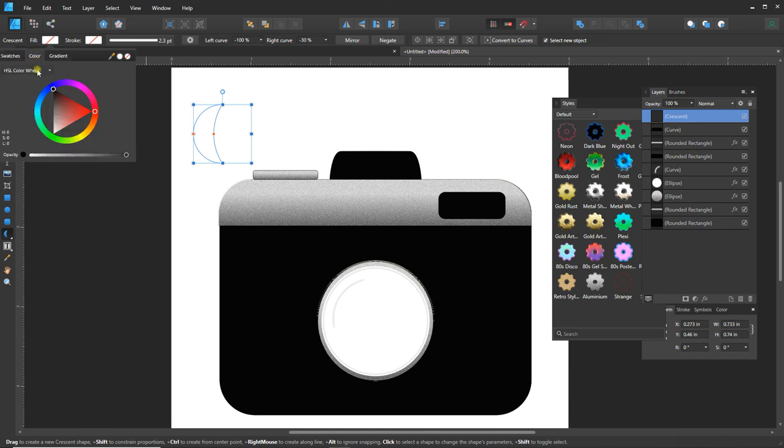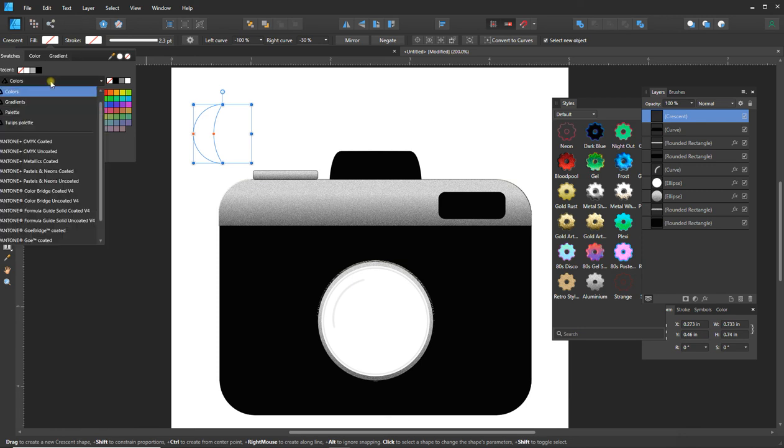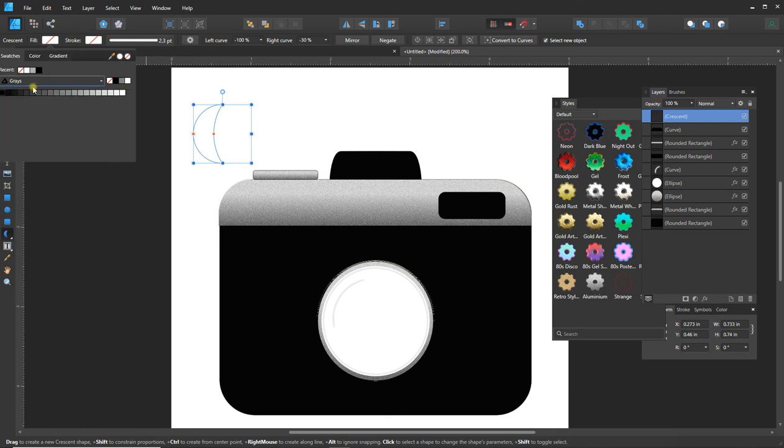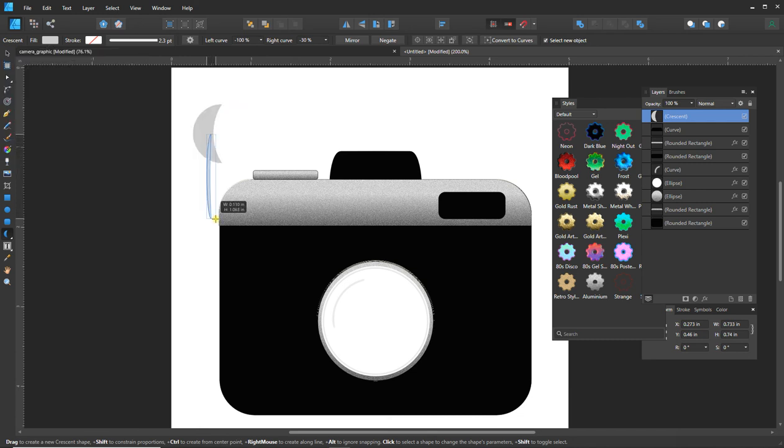in our colors, in our swatches. What happened to my grays? There they are. Switch to the grays, and we'll just make this a really light gray. So we'll go with something like 25% or so. You could even go less than that, 20, 15. And let's,